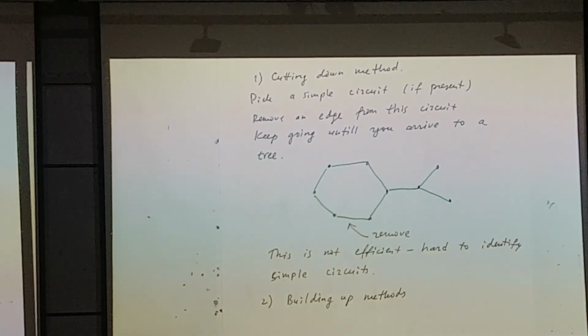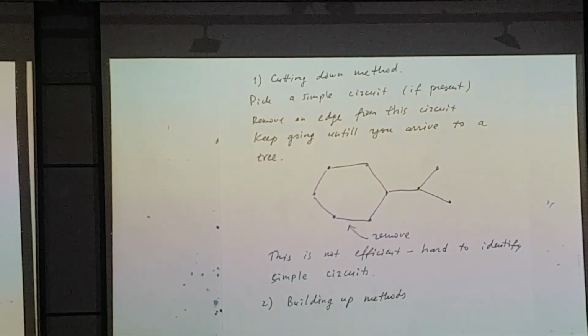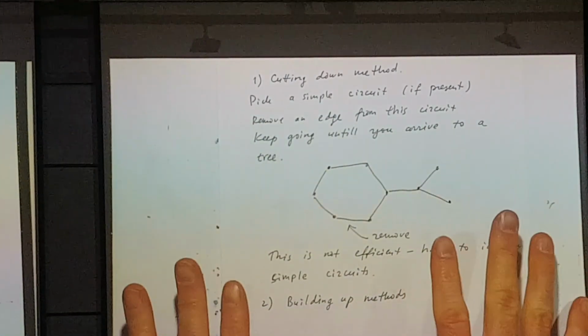There, we actually build our tree by adding edges from the original graph. We should ensure that at each step, when adding a new edge, I'm not creating any new simple circuits. And I also know when I should stop: when all the vertices are in my tree, that will be a spanning tree. So there are two different algorithms which I will discuss in the next lecture, which use this building up strategy: the depth first and the breadth first. Right, so I think now is a good point to stop. As usual, I'm going to scan and upload